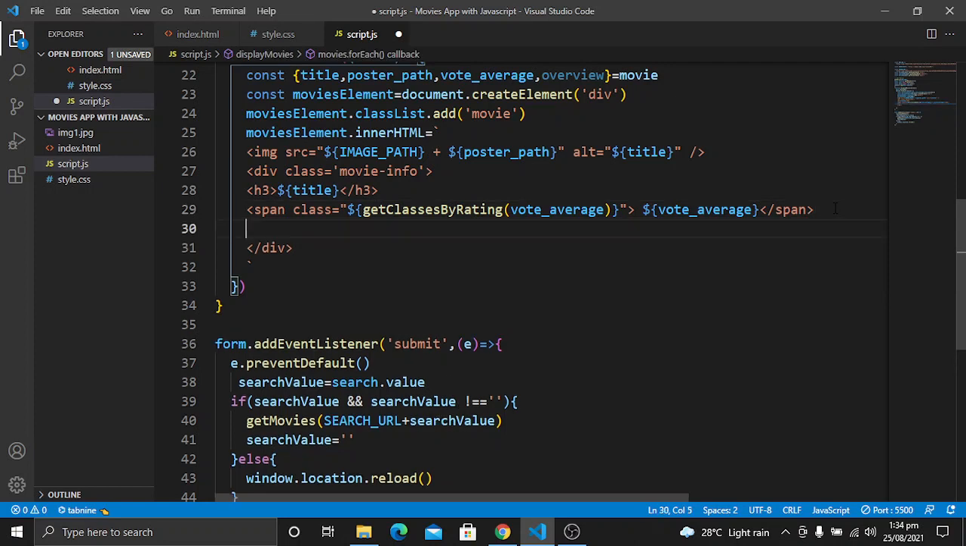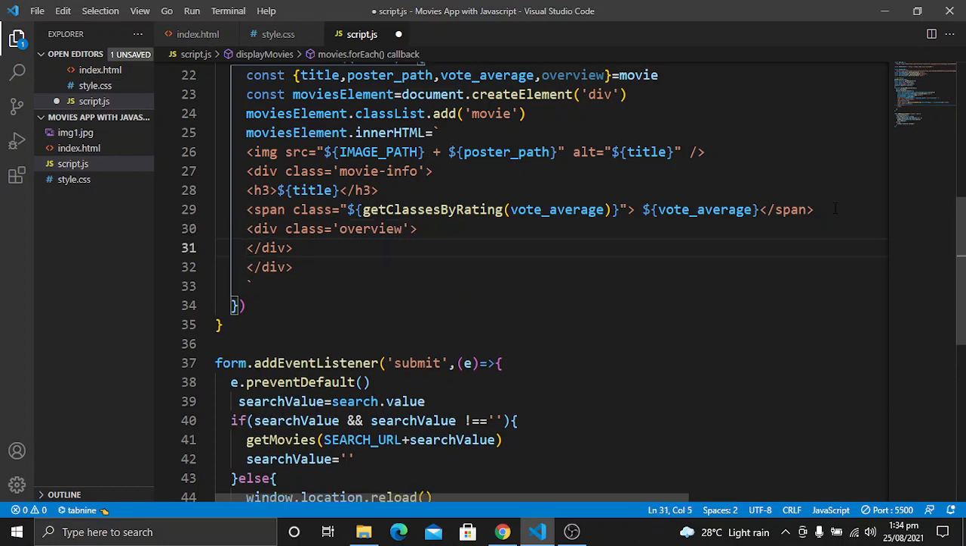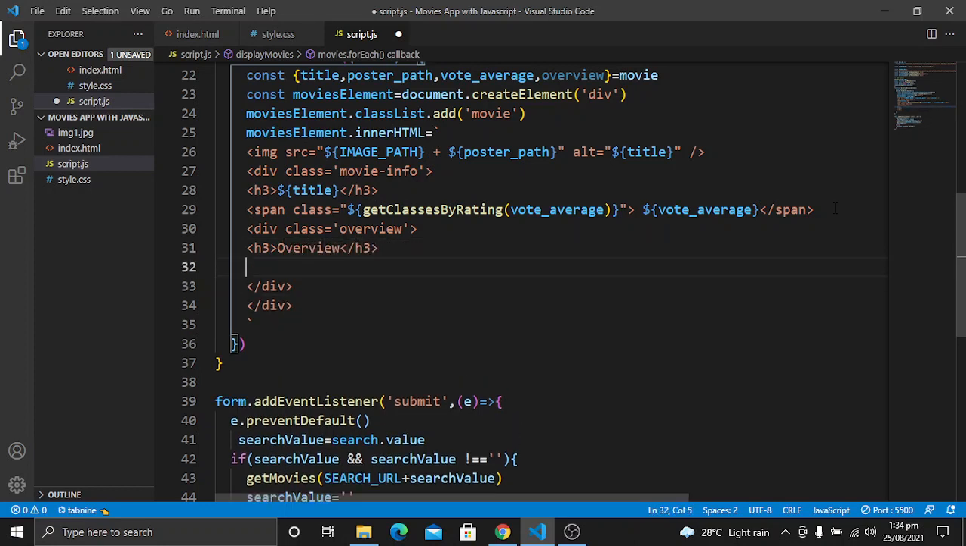So first of all let's complete it. After completing this span tag I will create a div for the overview. This div will have a class of overview, and in this div I want to show the title of our overview, which will just be the text Overview, and underneath this I want to show the paragraph about the overview. Let's save it,